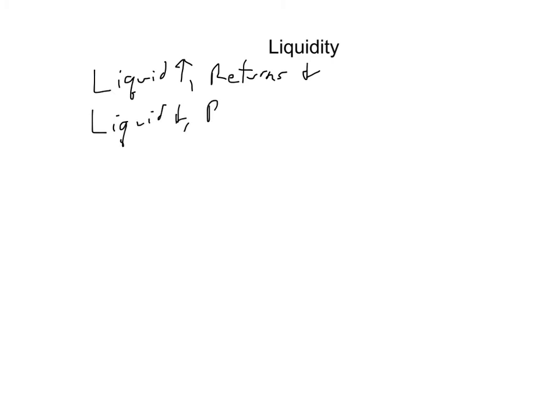Okay, another factor when it comes to returns on investment is liquidity. And this kind of works in the opposite way. If an asset is highly liquid, in other words, liquidity is high, returns are relatively low. And if liquidity is low, then returns are relatively high. Now, this is for the same reason as it was for risk, right? It's not because illiquid assets are necessarily higher returning just by nature of their very illiquidity, right?